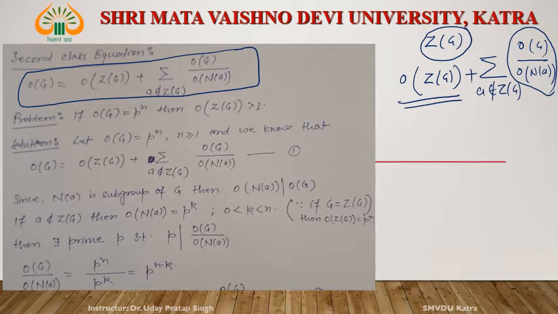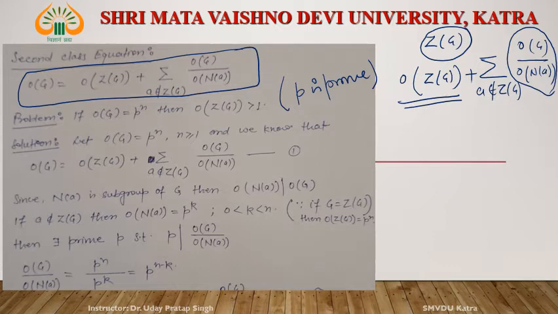Now see one example. If order of G is P^n, what is P? P is any prime number, right? What is P? P is a prime number. If order of G is P^n, then Z(G) contains more than one element. Obviously, Z(G) always contains the identity element, but if order of G is P^n, n is greater than 1, then